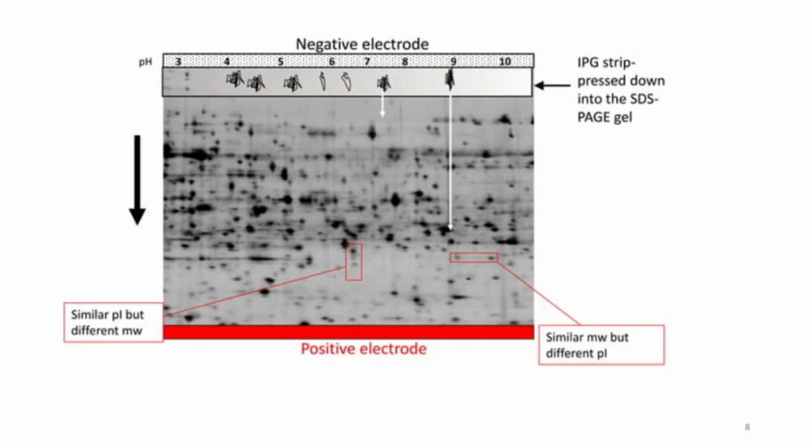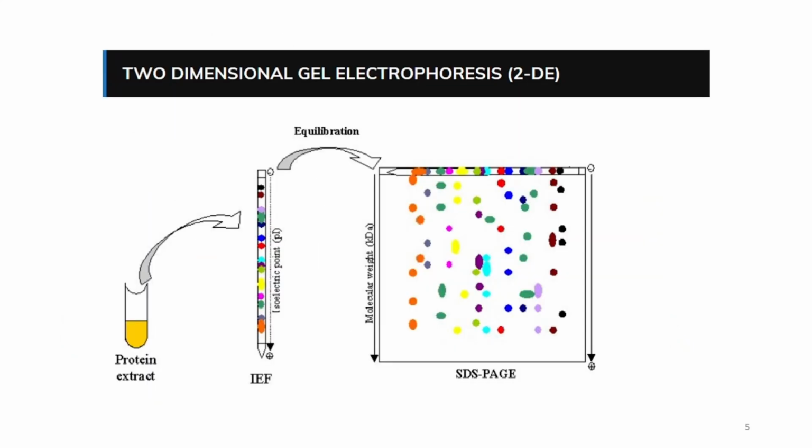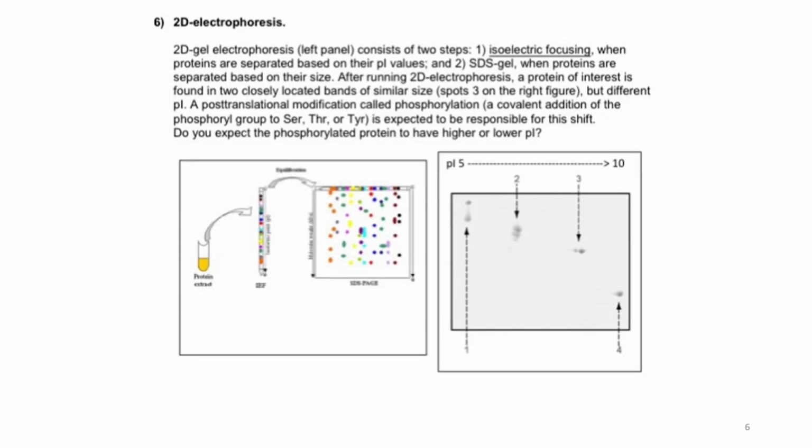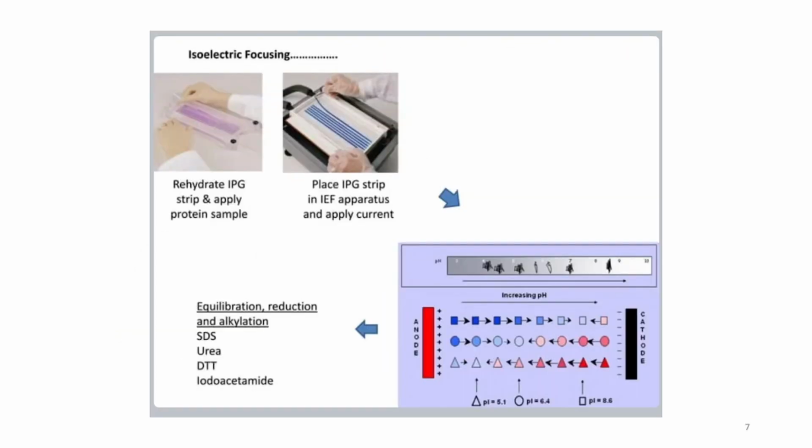So this two-dimensional differential electrophoresis is a very widely used method for protein analysis with the ability to separate thousands of proteins at the same time, and it can actually provide